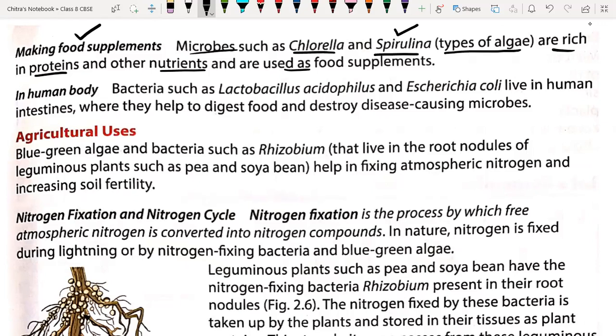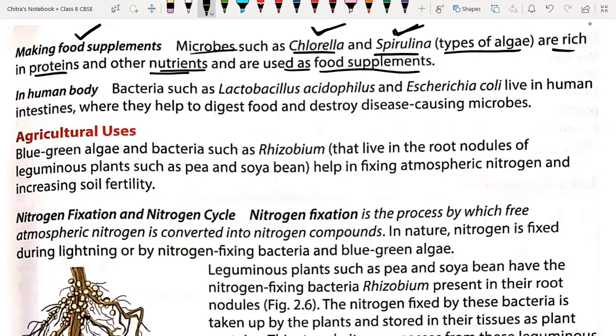Okay, so these chlorella and spirulina contain important nutrients which are responsible for proper balance in our body and for running all the metabolic processes inside our body. Okay, this nutrition and protein is provided with the help of chlorella and spirulina. So these are algae which are full of nutrition, hence they are used as a food supplement.